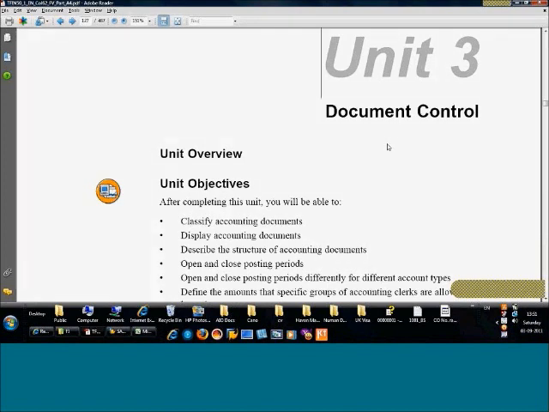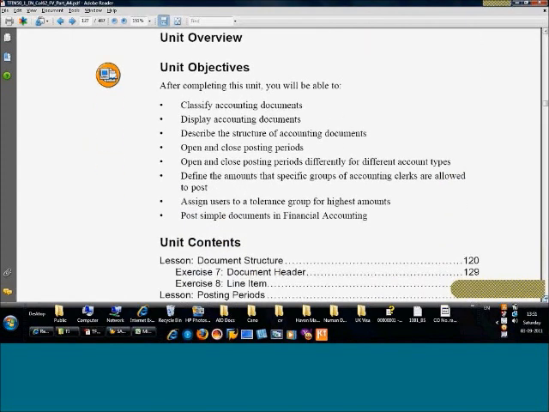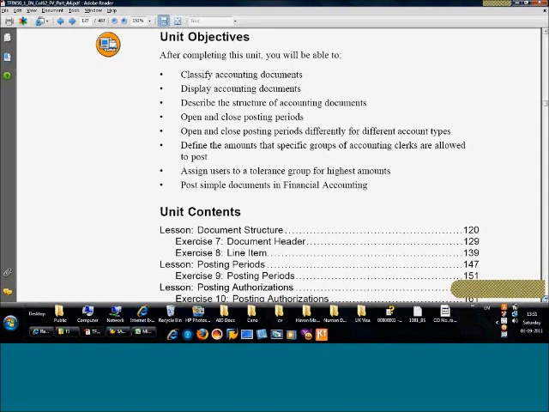So the objectives of this unit are, we'll see what are the different classifications of the accounting documents, display some accounting documents, describe the structure of accounting documents, discuss the opening and closing of posting periods. I think we briefly discussed it, that you can post only to the periods which are open in the system. We can't post to closed periods, but we will discuss the details. Then opening and closing of the periods according to different account types, and then